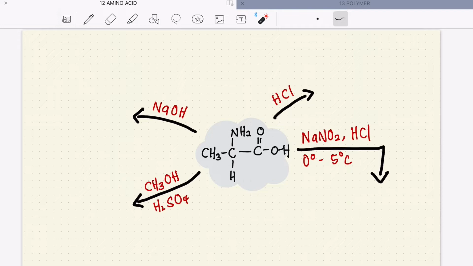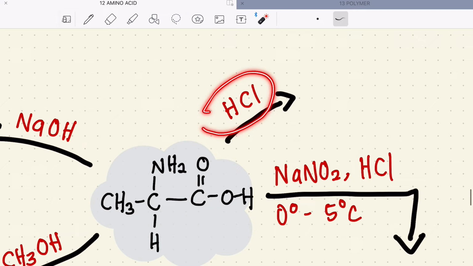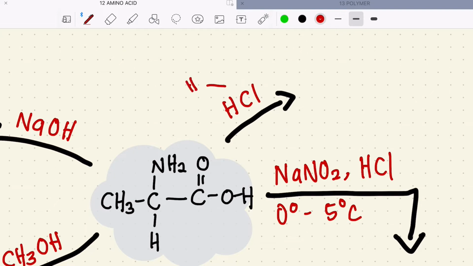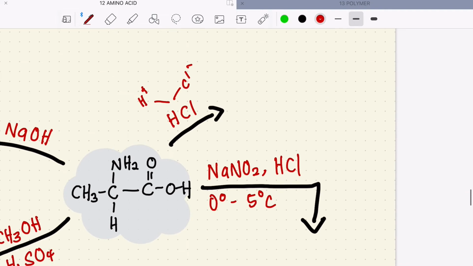For example, we focus on the first one, which is hydrochloric acid. We know that hydrochloric acid is an acid, so obviously it cannot react with the carboxyl group, acid and acid. Therefore, the amino group will react with HCl. So what will be the reaction? We have H plus and Cl minus from HCl, because it is a strong acid, it dissociates 100%. So the H plus will be